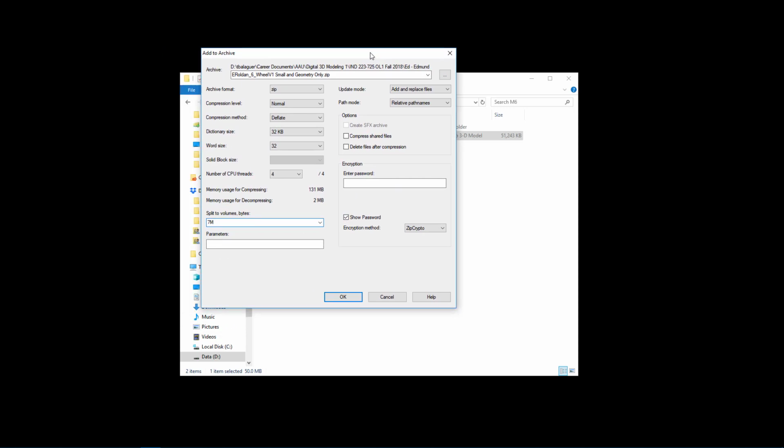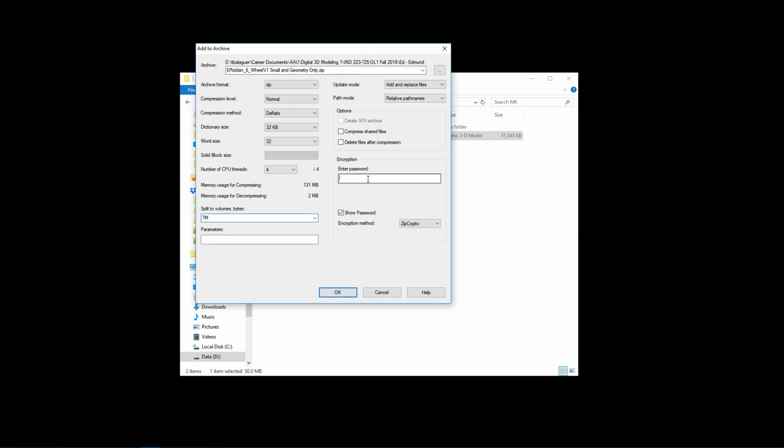Now, another thing that you may want to look at is password. Let's say you're working on a client's file, and this is something that is private, and you want to make sure that no one could ever open this file other than your client, who already has your password, and you gave the password in person. You didn't write an email which could be hacked or anything like that. So you made it very secure, and you gave a password to your client.